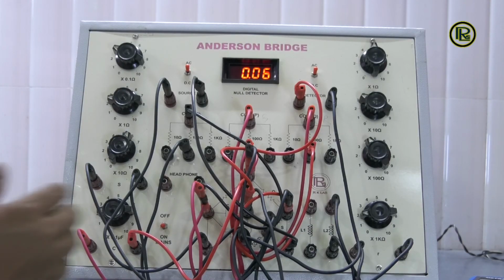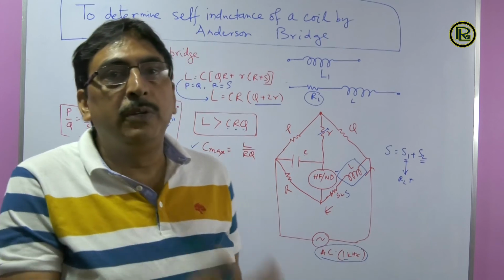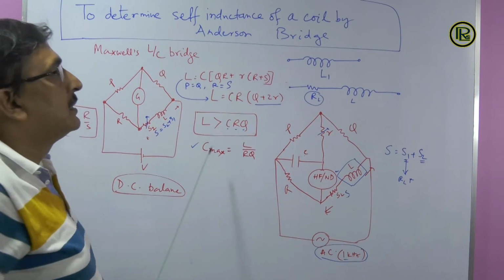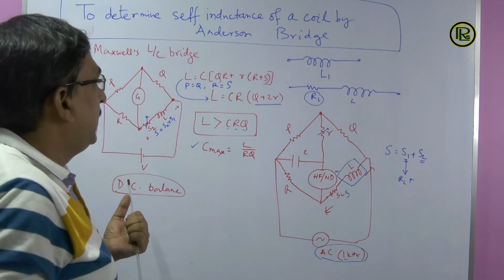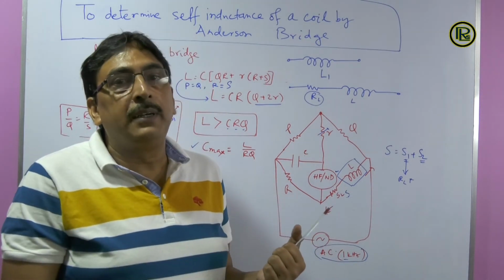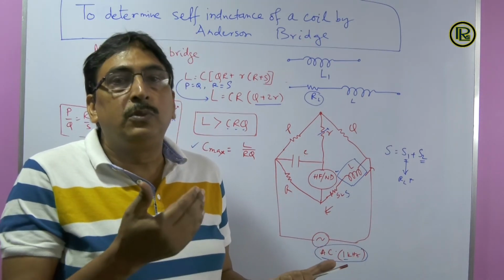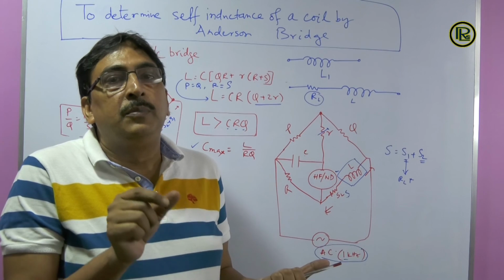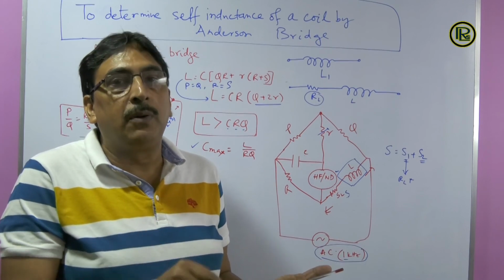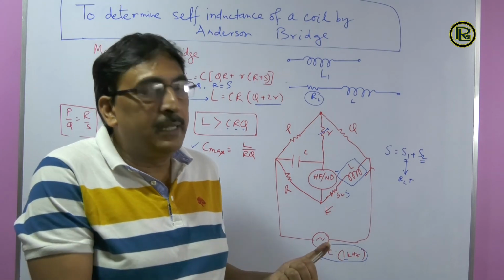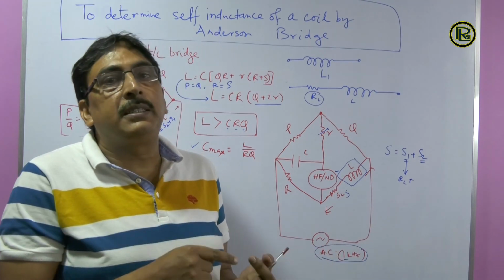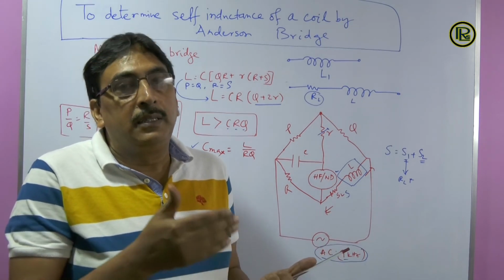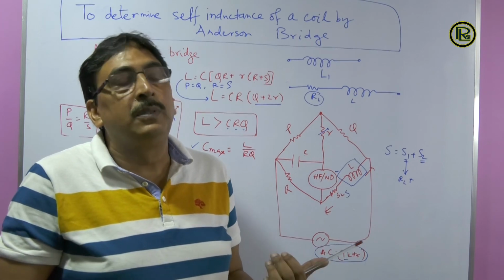So let us go back to the whiteboard once again. I showed you in the experiment on the trainer board how to calculate the self-inductance of a coil. In my experiment, I have taken two different coils and I showed you how to get the resistance value of the coils and how to get the pure inductance value, the self-inductance value of the coils. And as I said, we can make series and anti-series connections of inductor coils and get the self-inductance value of that combination also.